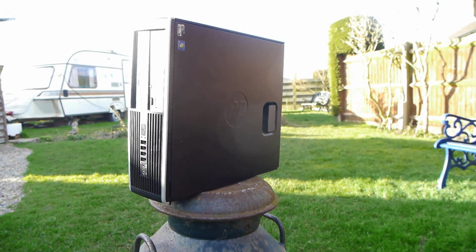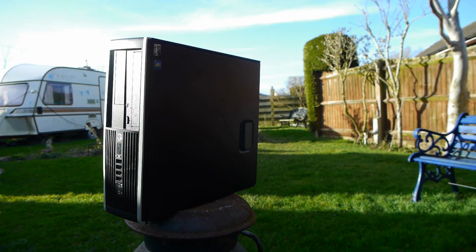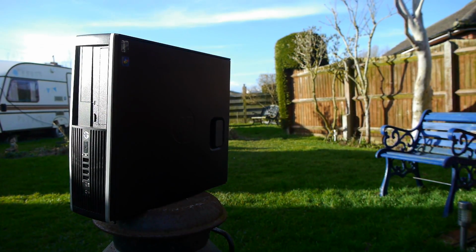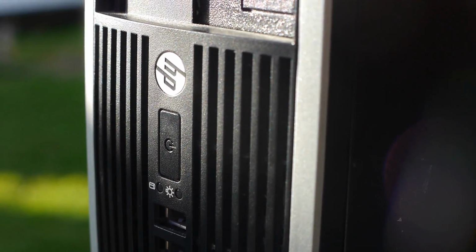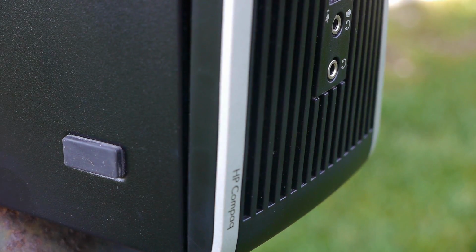This right here is the HP Compaq 8200 from 2011, a mid-range pre-built which made its way all across the world, being commonplace in many offices who are upgrading from older Core 2 Duo or Quad machines. They offered very quick performance while using lower power and staying relatively cool at the same time. They were essentially the types of PCs that were found anywhere that had the money to upgrade when they released,